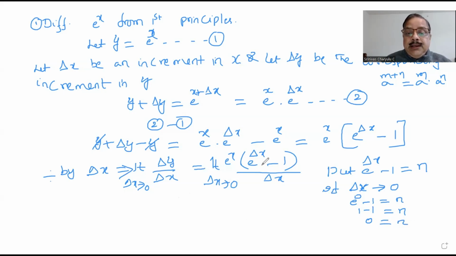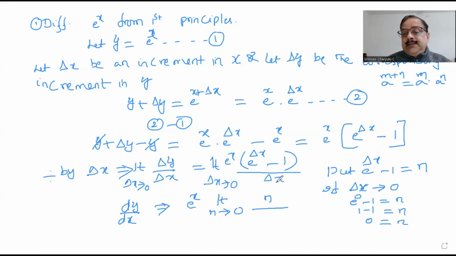So here e to the power of delta x minus 1, here you can write directly now dy by dx. Here we will write e to the power of x, we will bring it out because limit is applicable only for the delta x terms. Delta x terms are only this one and this one. So don't worry for e to the power of x, just bring it out. Here we already changed the substitution. So here limit delta x tends to 0 means here n tends to 0. E to the power of delta x minus 1, that will become n